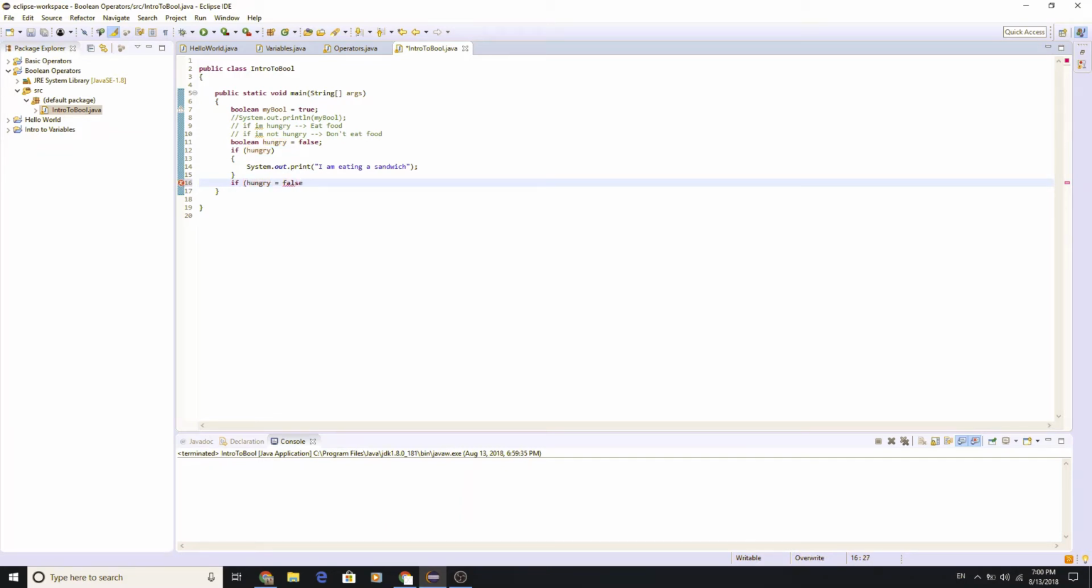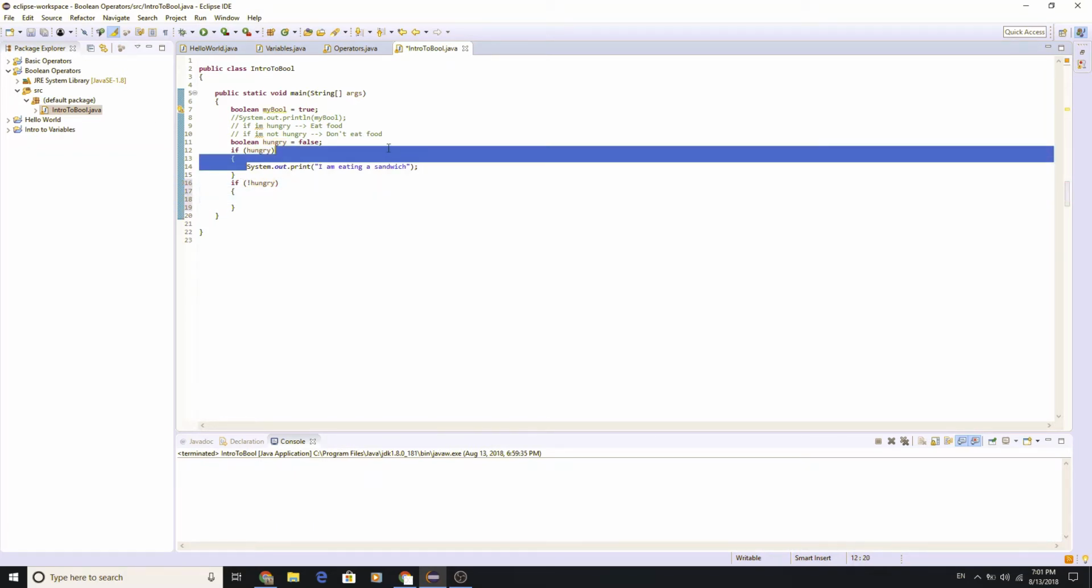If I'm saying if hungry is false, or I'm not hungry, right? If I'm not hungry, that means hungry is false, right? So essentially, if I run if not hungry, well, not in Java is represented by an exclamation mark. So that means if not, which is exclamation mark hungry, then I run the statement inside of these brackets, and I can print